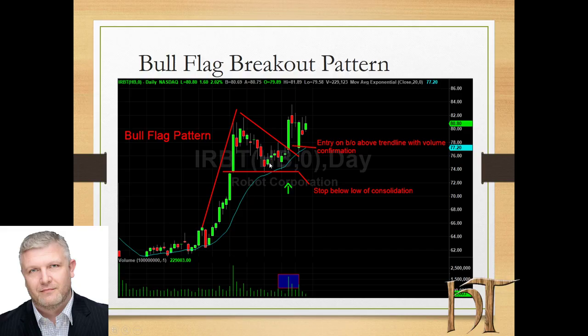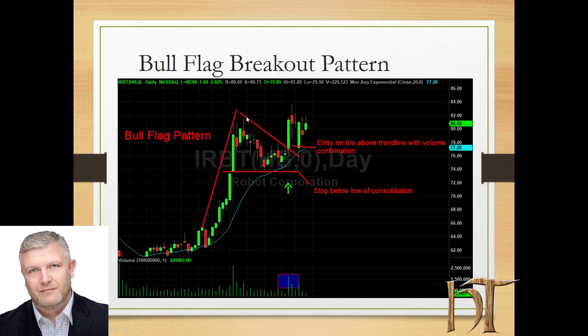So when we actually start to see this consolidation here, we're getting a new high here. We can actually draw this line. And if it then gets a low, we start to see volume come in for a break of this flag,